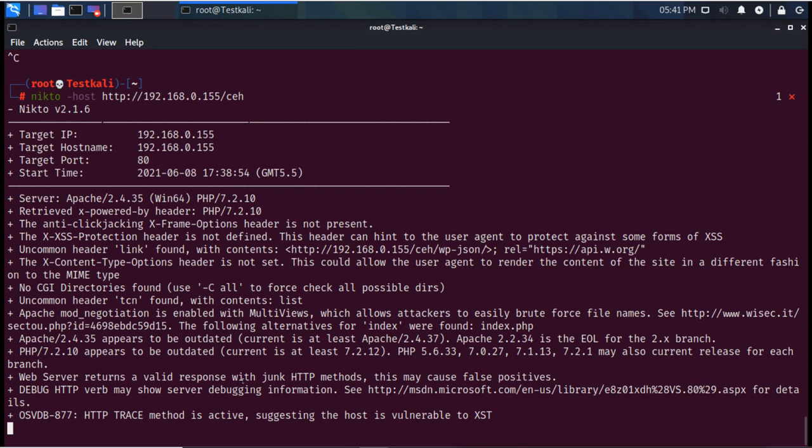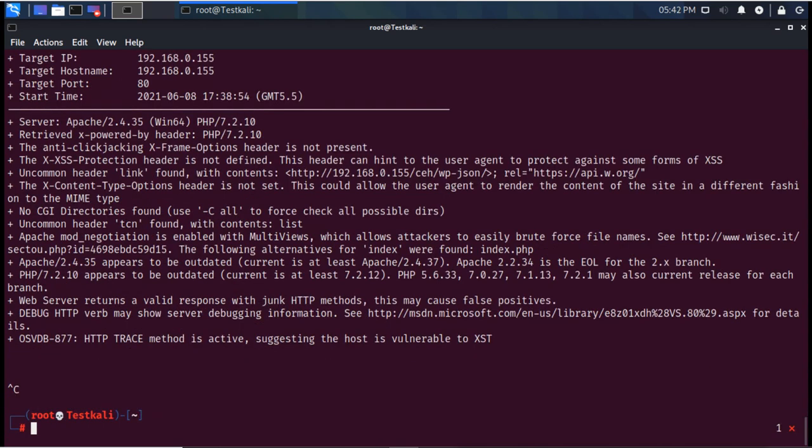So it is showing that this site is vulnerable here with multiple vulnerabilities. Now this is my own site. I have configured it with the vulnerabilities so that we can see how it looks when we scan it. So when we scan a site which is vulnerable, it will show it like this. It will show all those vulnerabilities which are available on those sites. And it is still scanning. It will take a lot of time and then it will find all these vulnerabilities. I have stopped this because it is taking too much time.